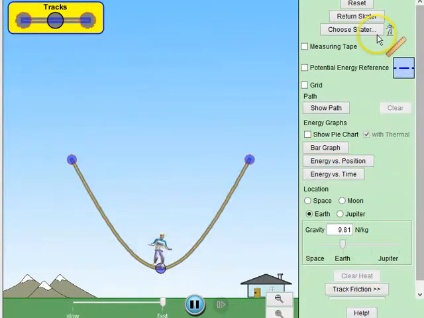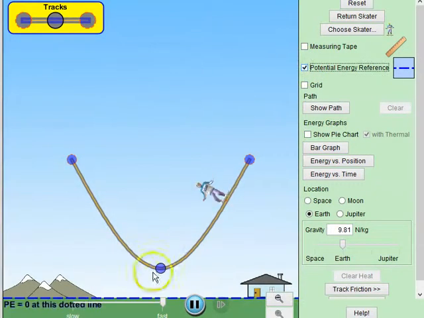So this whole system is basically showing you that I can reset this entire thing. I have the skater guy on this U-shaped well who is going up and down. You see that there is a small potential energy reference checkbox. When I click that, I see a PE equal to 0 with a dotted line, which basically says that there is a reference point. Yeah, here the potential energy is 0.